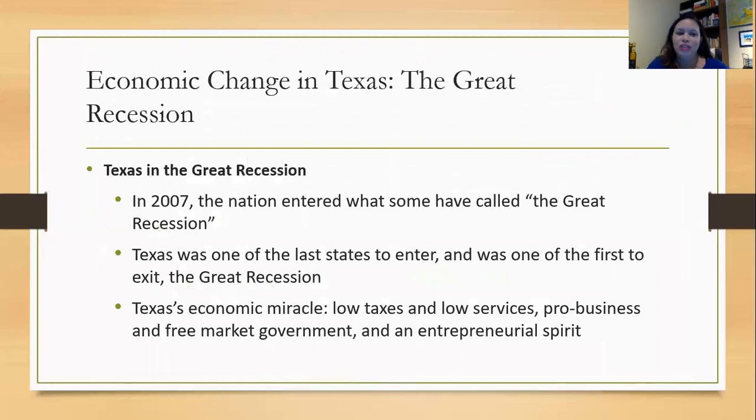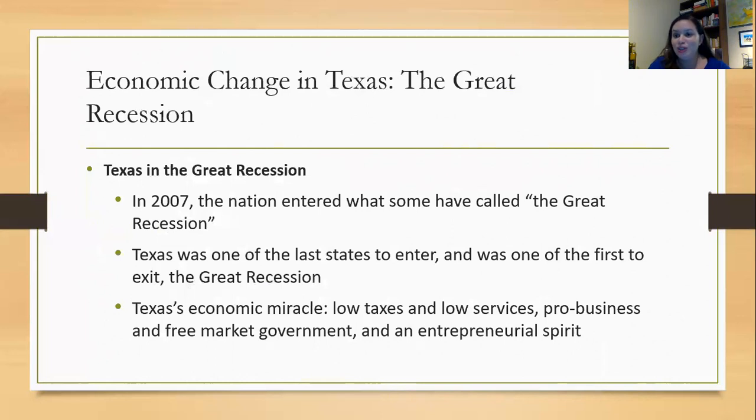The last thing I wanted to mention was the Great Recession, and this is different from previous recessions in the entire country, because this one we're talking about a housing boom. I don't know if some of you purchased houses or remember when the housing bubble burst, but essentially there were predatory lenders, and if you wanted to buy a home or a second home or a third home, you could get a high interest rate but still have a loan payment, as long as there were still banks willing to lend to particular people.